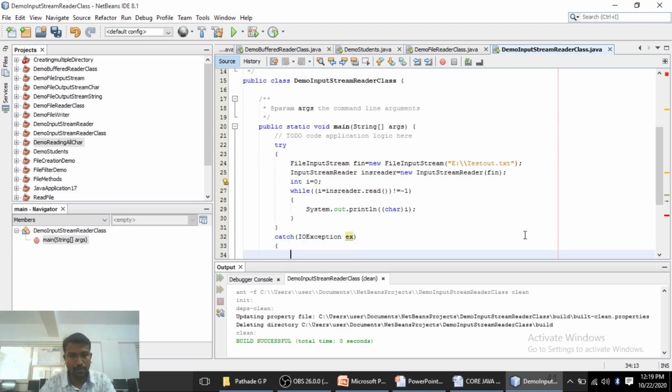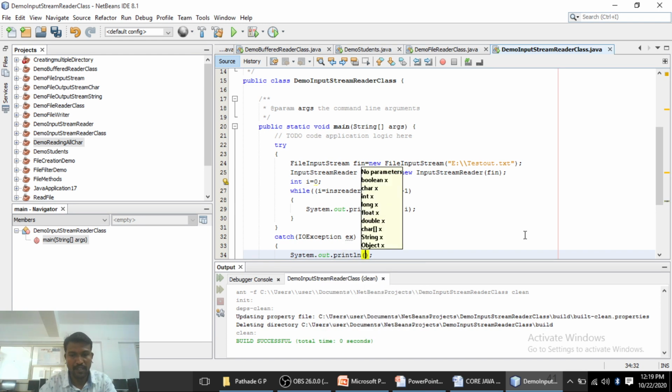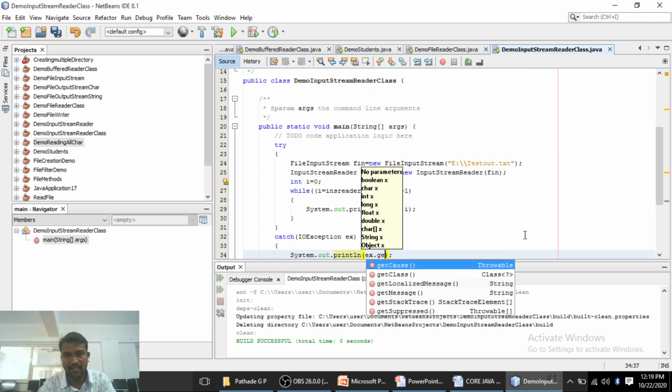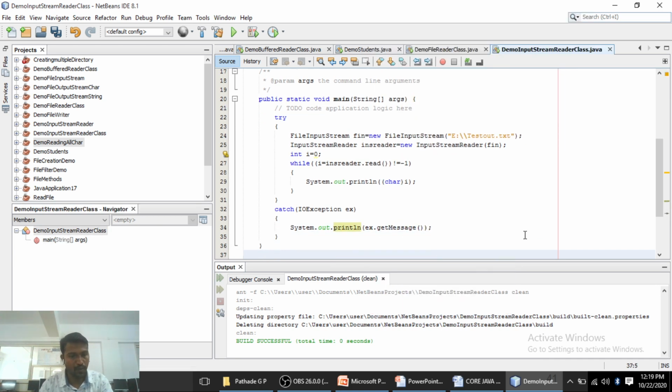In the catch block we are displaying a message with the help of System.out.println, that is ex.getMessage. We have just saved this particular program and then run this program.